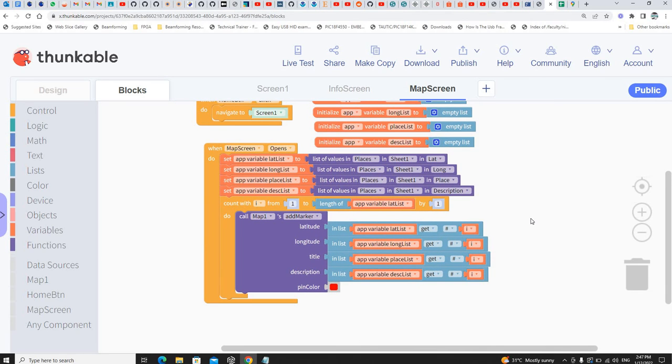So this is an interesting way that you can add certain options and things like that. And you can zoom in on a particular map and view, add markers and add the title and also description